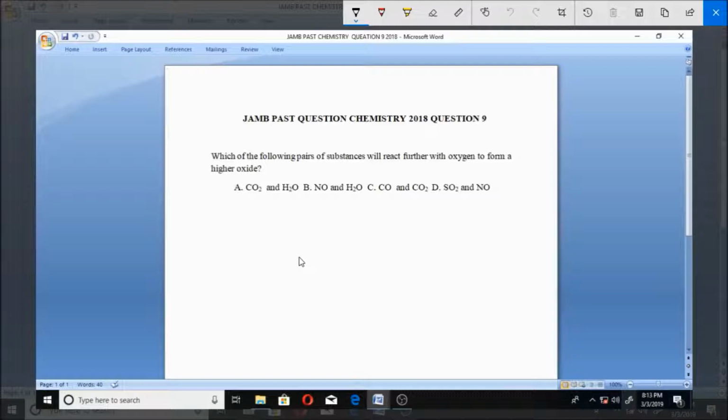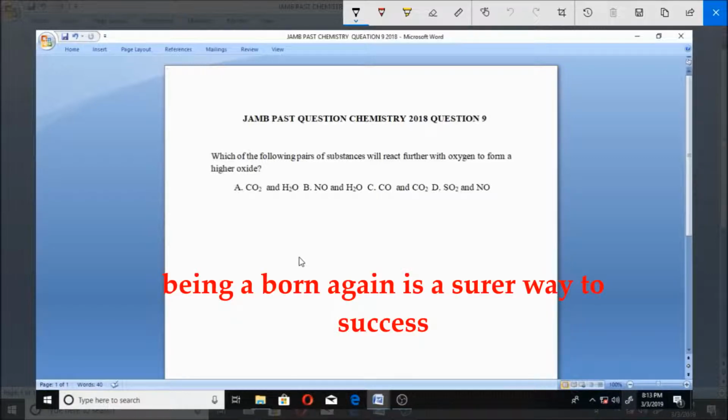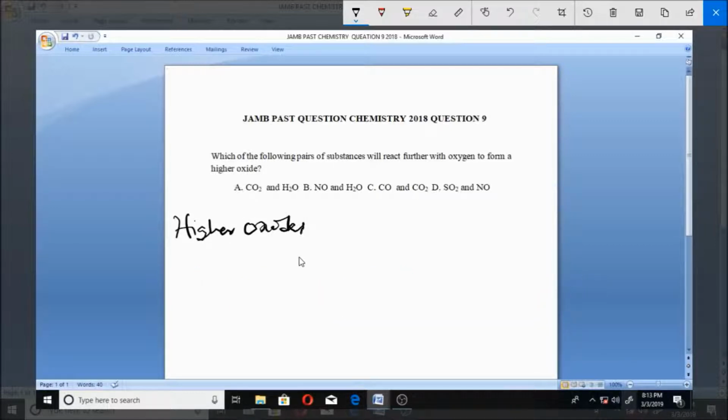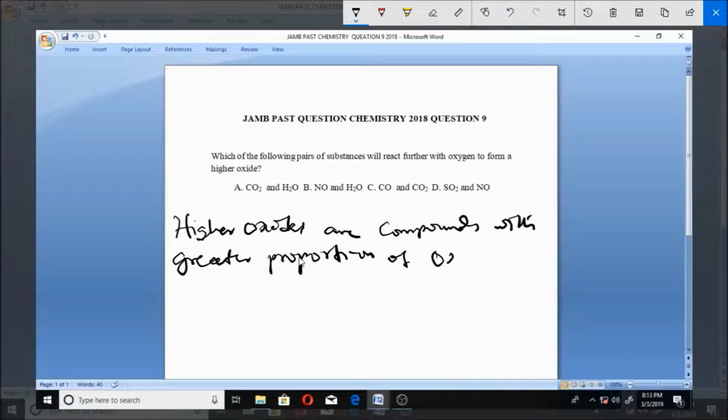Now, what are higher oxides? If we want to understand this, we need to know what higher oxides are. Higher oxides are compounds with greater proportion of oxygen. So any compound in which there is greater proportion of oxygen, like now you have H2O, which is